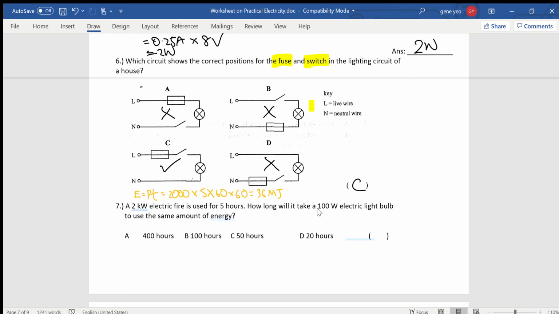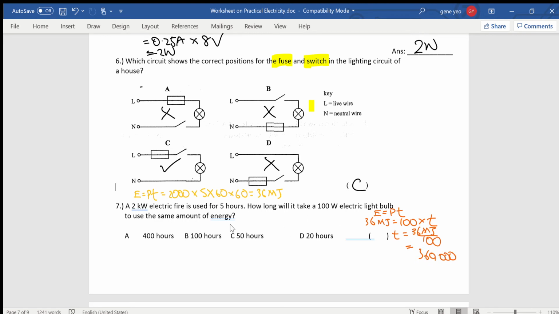Okay. Next, I'm going to calculate the time taken by the 100 watt bulb to use 36 megajoules. So I'm going to use the same formula. E equals to power times time. The energy I know is 36 megajoules. Power is 100 watts, and that's the time. So to calculate the time, I have 36 megajoules divided by 100. So if you press your calculator, you'll end up with